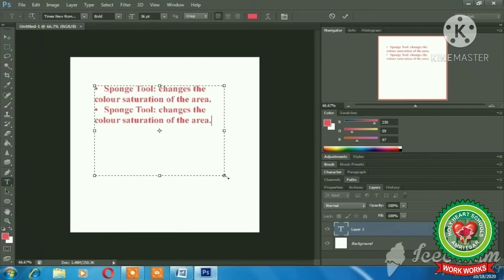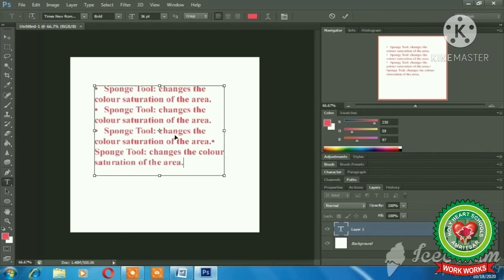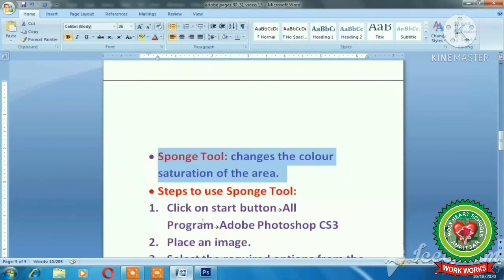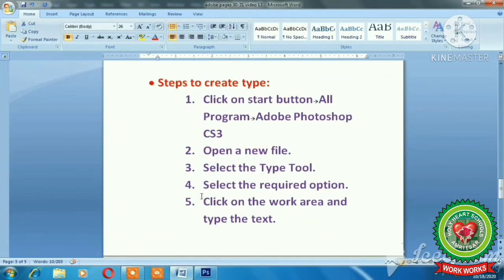Now this overflow icon is not there. When I paste more text, then again this overflow sign is there. It shows that my text is more as compared to the height and width I have set. Clear, students? Now let us discuss the steps.